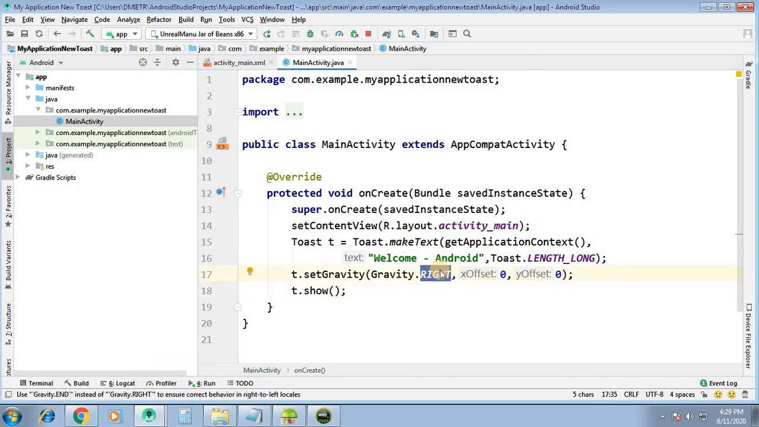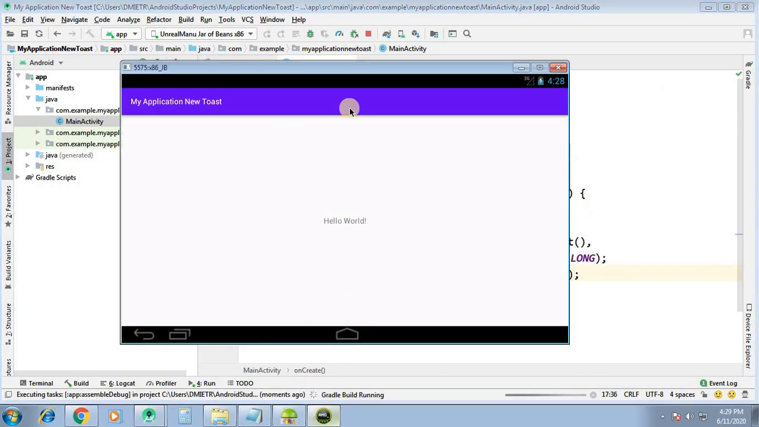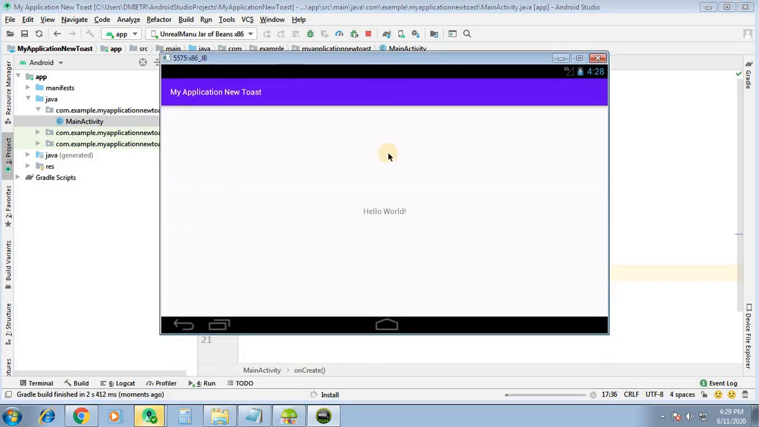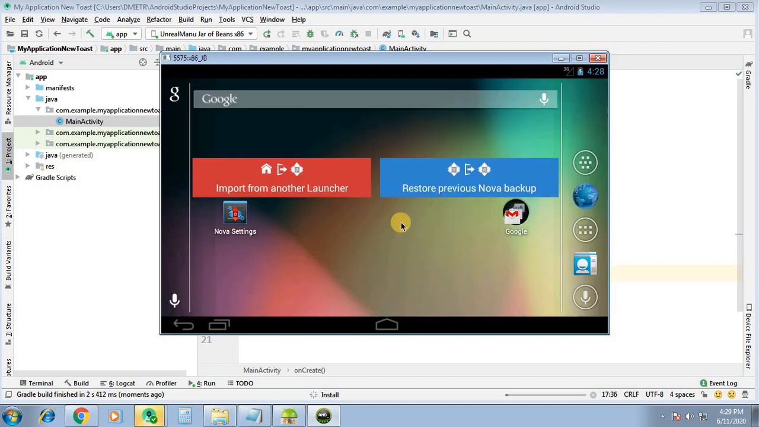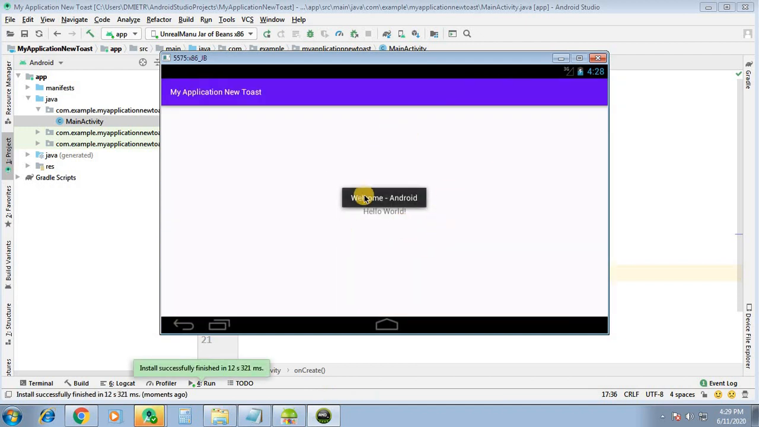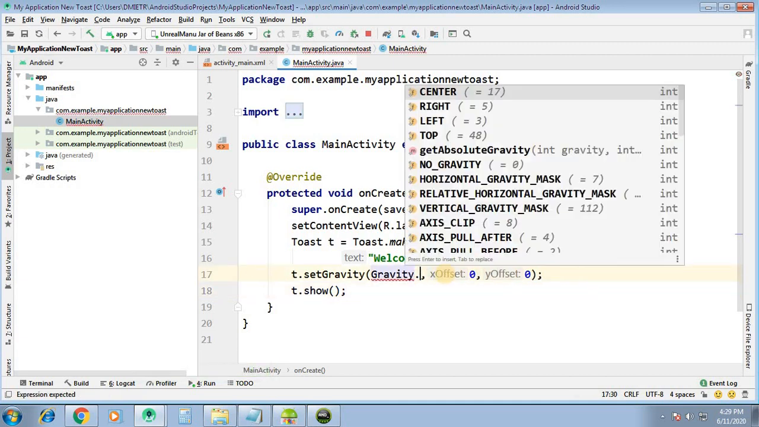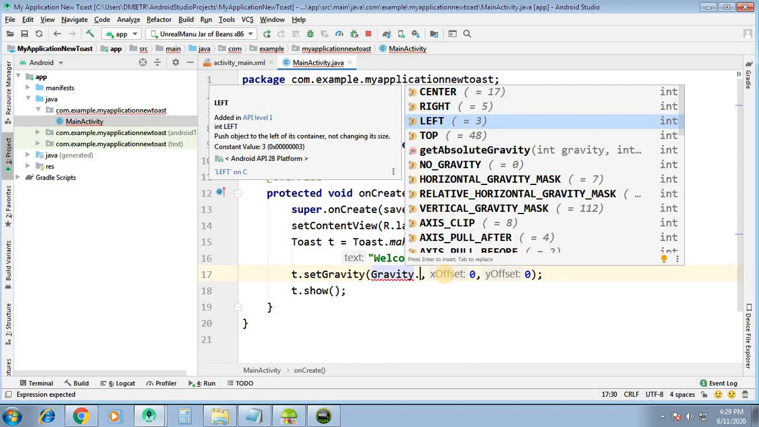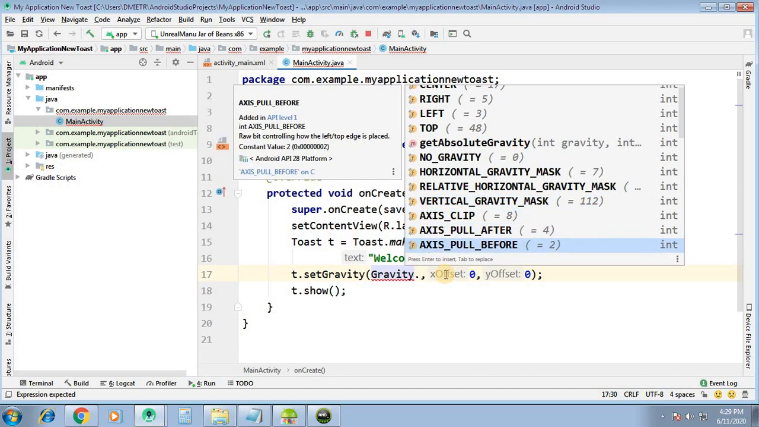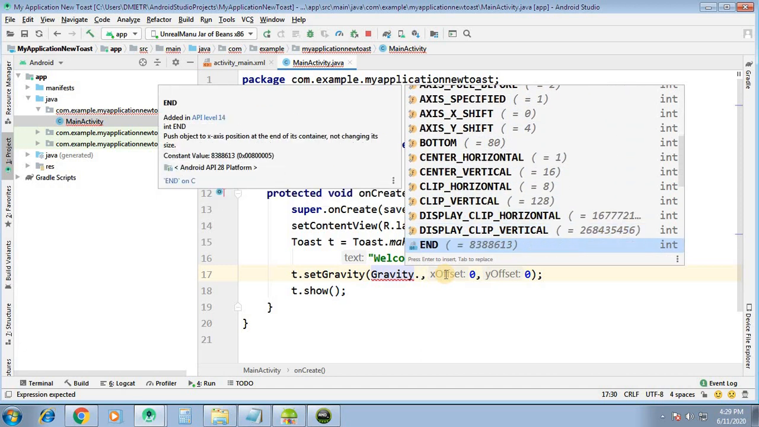Suppose we go for center, it appears in the center. So here I made it center, and it appears somewhat in the center. So for this gravity we have a number of options: center, left, right, center horizontal, and center vertical gravity. All are